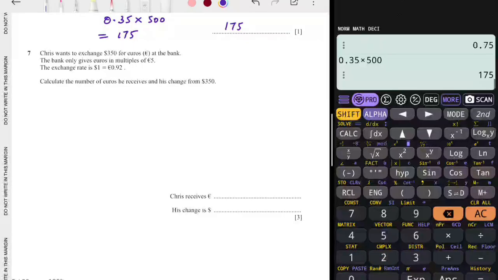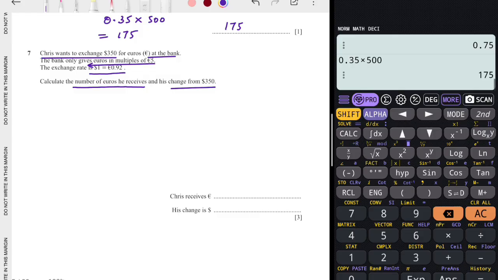Chris wants to exchange $350 for euros at a bank. The bank only gives euros in multiples of 5. The exchange rate is $1 is equal to €0.92. So calculate the number of euros he receives and his change from